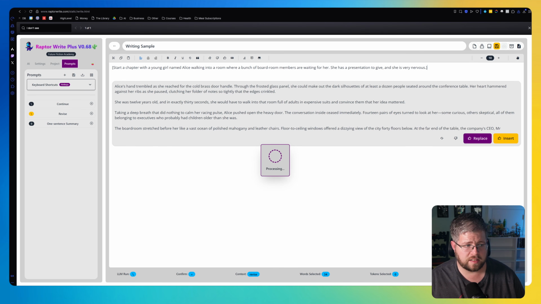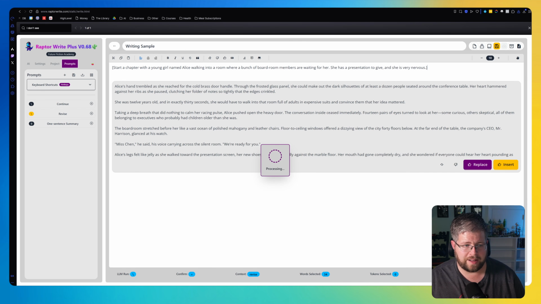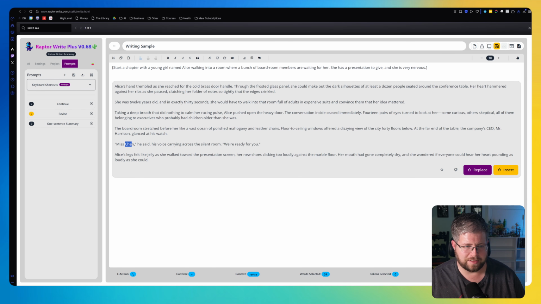And here it is, starting the story. Already it's got a couple of clichés in here, like there's a Chen last name, very common thing there. It also made her 12 years old, which is interesting. But yeah, so we already went and did that, and now I could always just take this revise and change